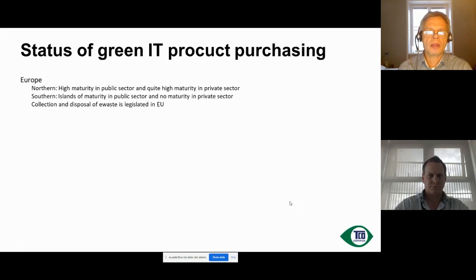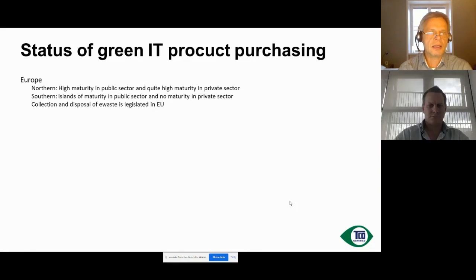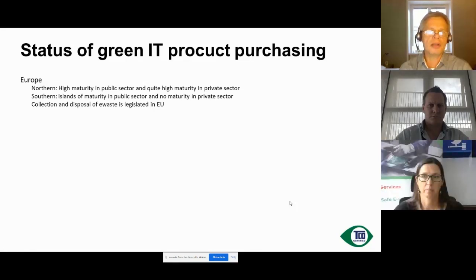What we see in Europe regarding the state of green product purchasing is that in Northern Europe, especially in the public sector,